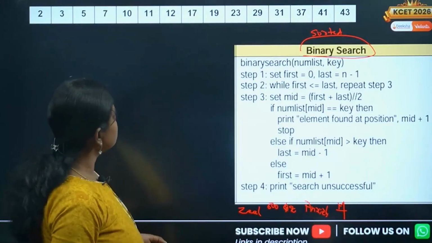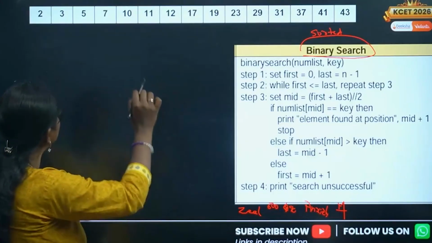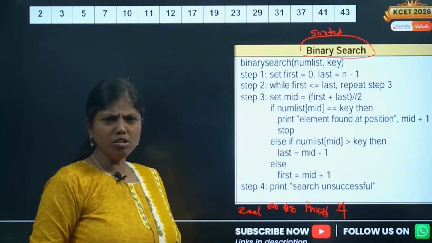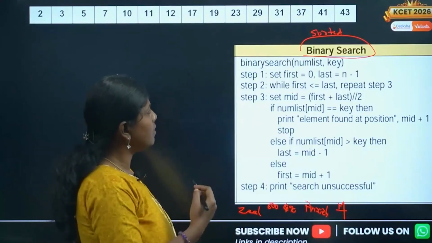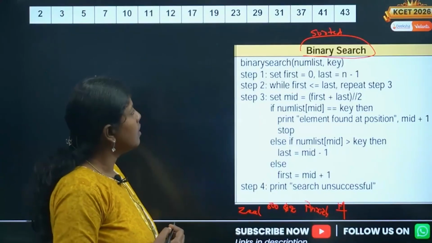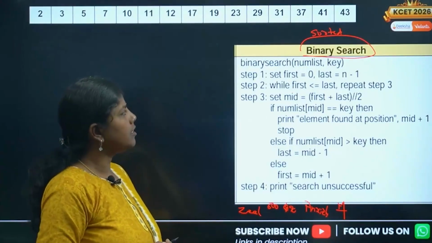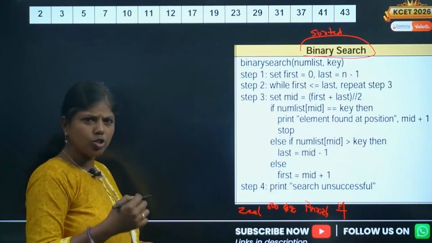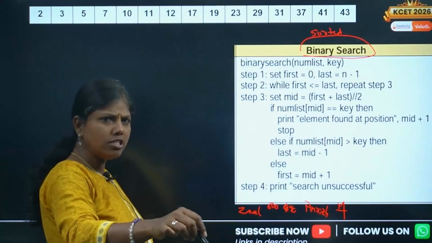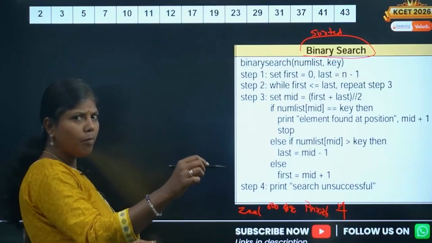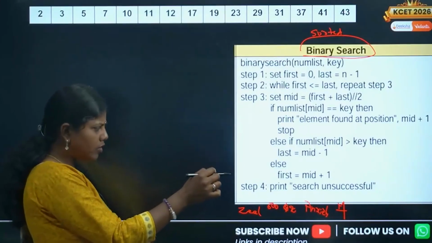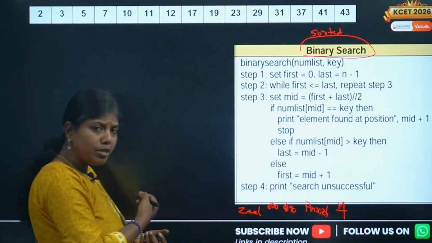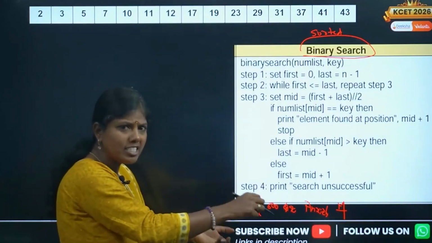I've taken an example here: 2, 3, 5, 7, some 15 numbers. It is there in the textbook also. I think it is very helpful if I take this example, that's why I'm taking these many numbers here. Whatever example I gave, it is the same thing. To find the meaning of the word zeal, just go to the end. For the word anxiety, come to the beginning only. A is at the beginning, N is in the middle.